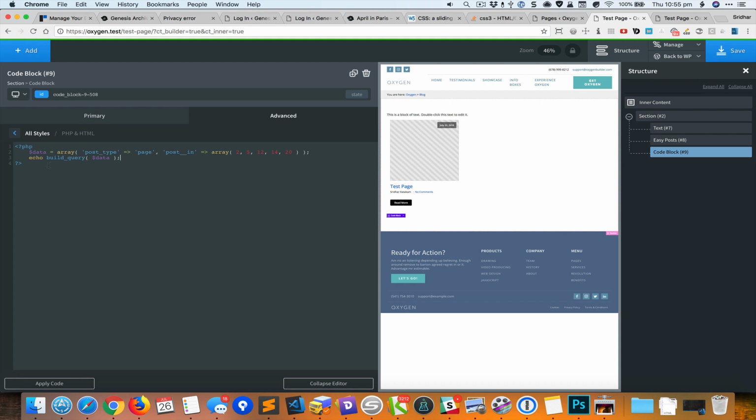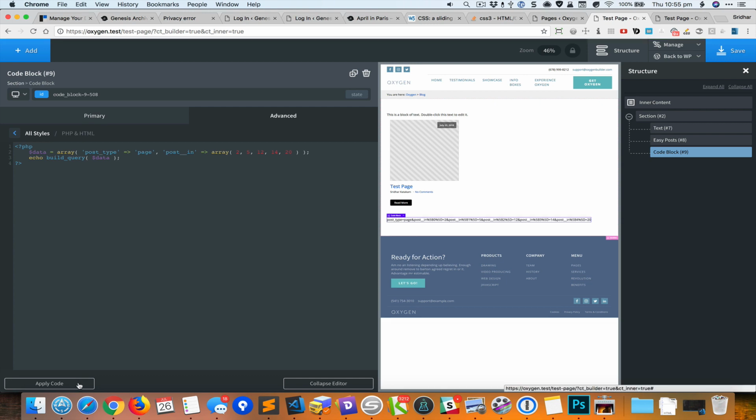We are just echoing and we are calling the function build_query, and we are passing the above parameter, which is the data. So now if I apply the code,